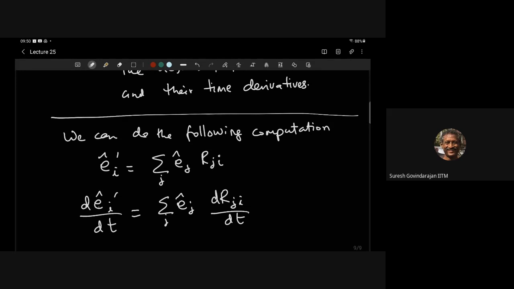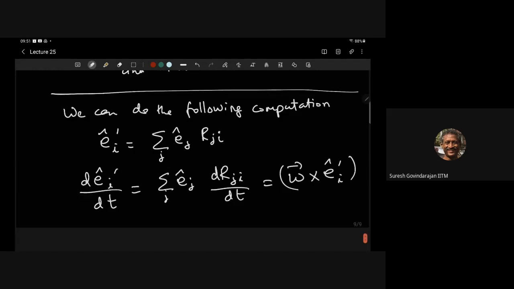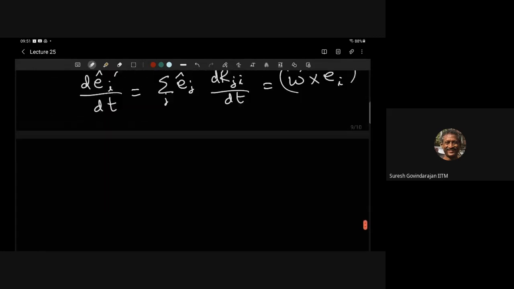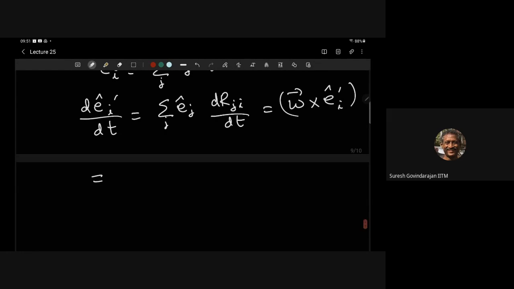Okay. We also know that this is equal to omega cross. This is the definition of omega. So by looking through this, we should be able to do this thing. So what we will do here is insert R inverse out here. I know R inverse is R transpose. You can do that. And then what we will get, this implies that omega equal to